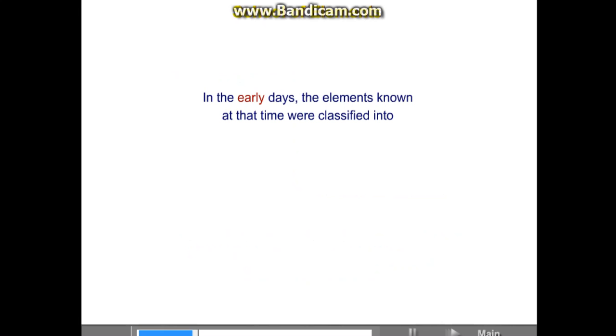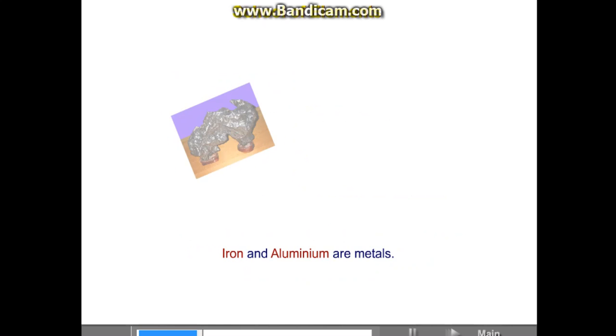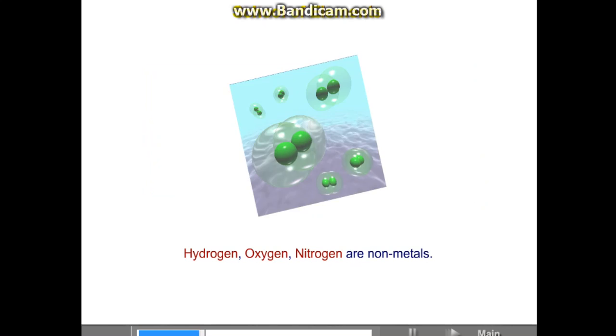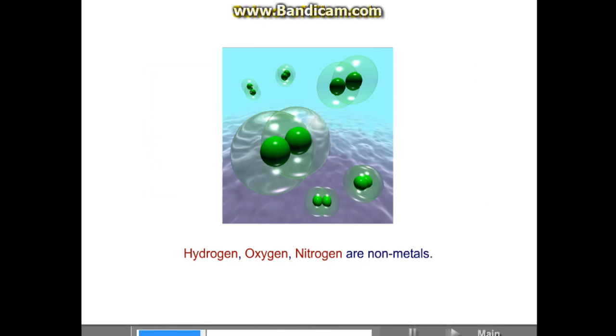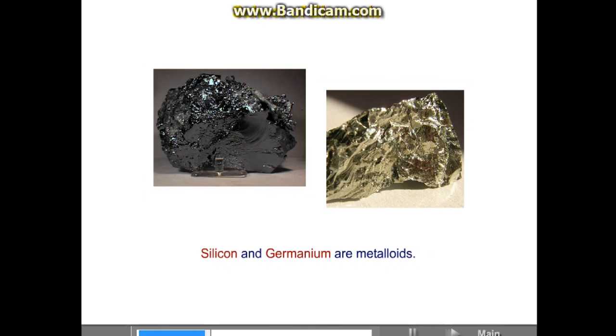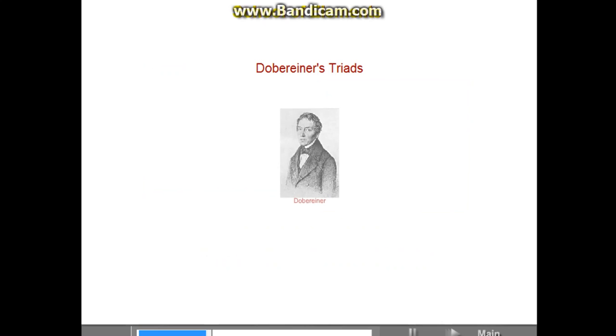In the early days, the elements known at that time were classified into metals, nonmetals, and metalloids. Iron and aluminium are metals. Hydrogen, oxygen, nitrogen are nonmetals. Silicon and germanium are metalloids. Dobereiner's